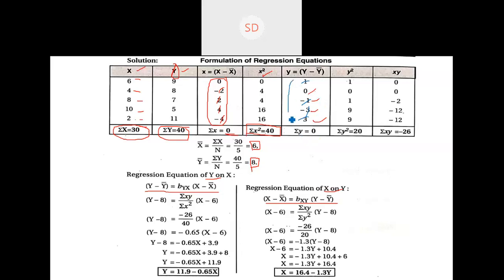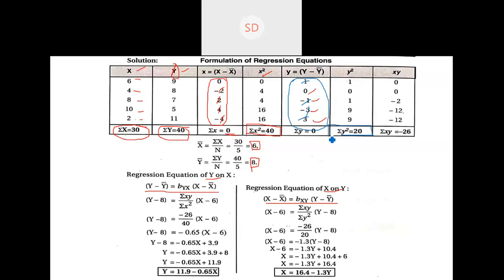Next, this whole column again is supposed to be squared. So you get 1 square is equal to 1, 0 square is equal to 0, minus 1 square is equal to 1, minus 3 square is 9, 3 square is equal to 9 again. So once you square all of these y values, you end up with sigma or summation y square, which is 20. So we have solved for the value 20.